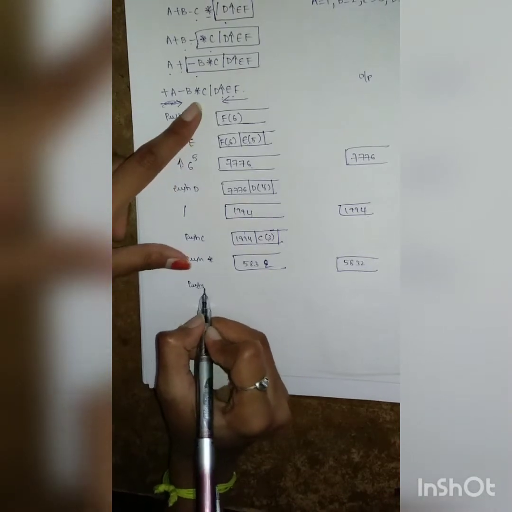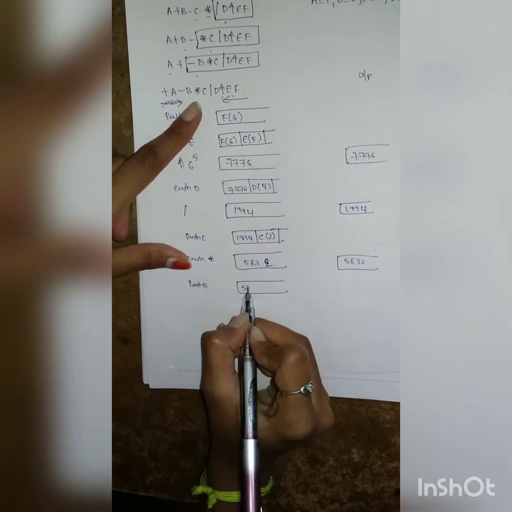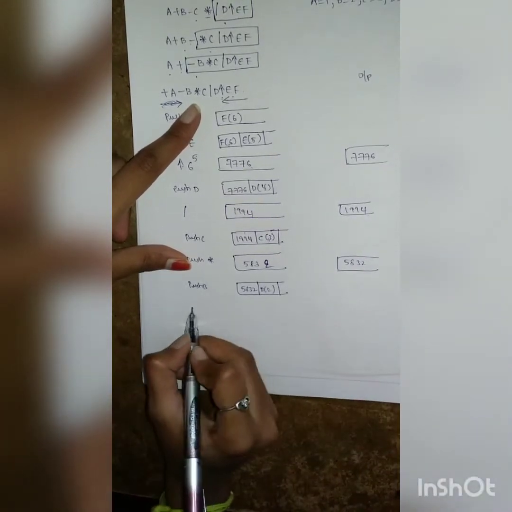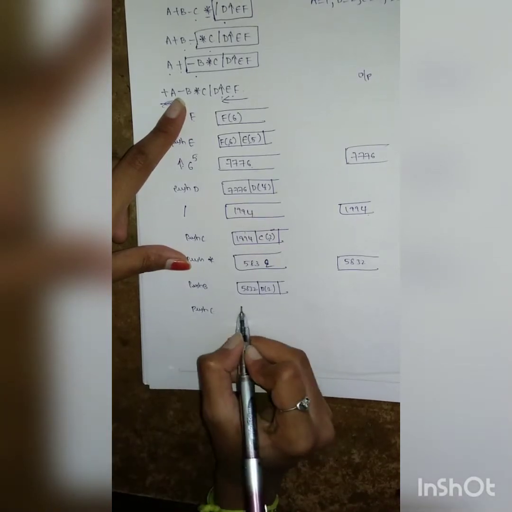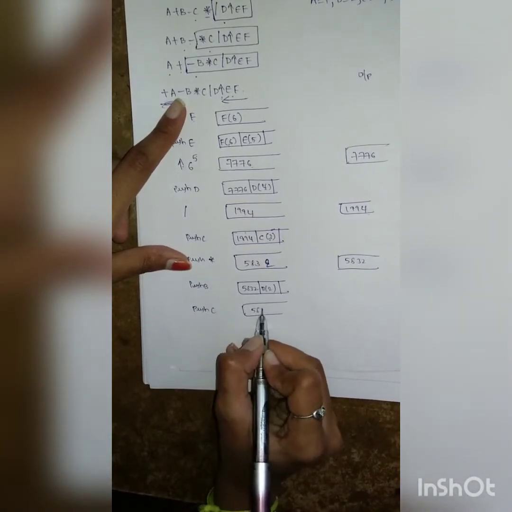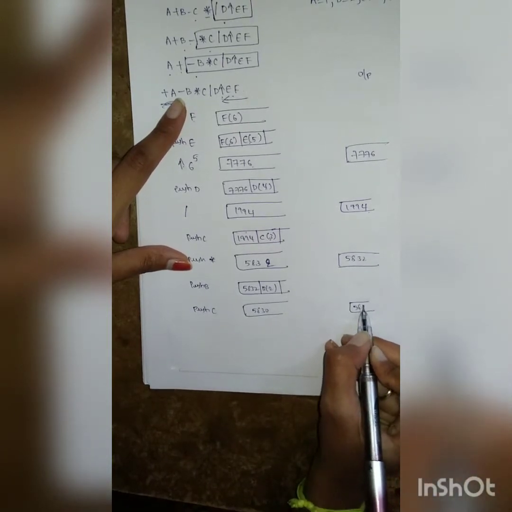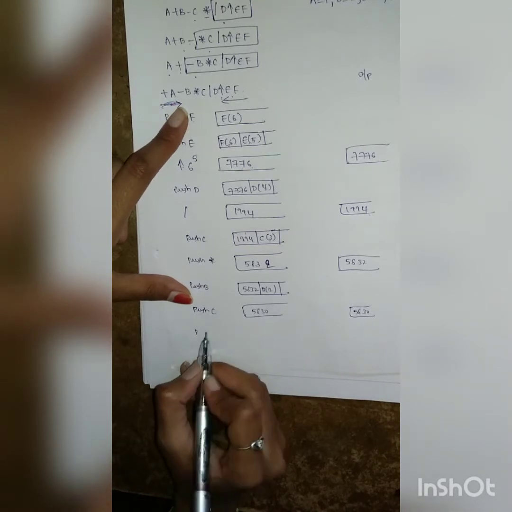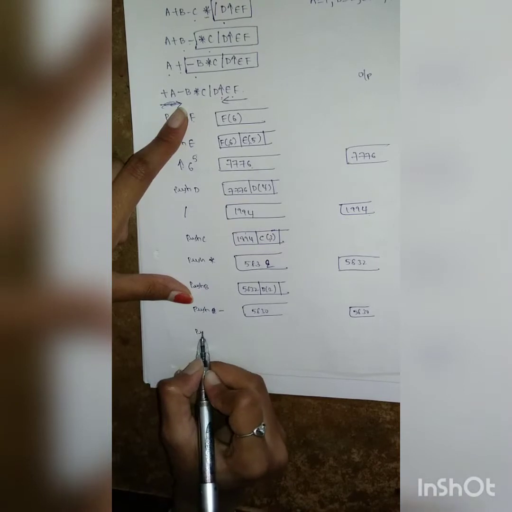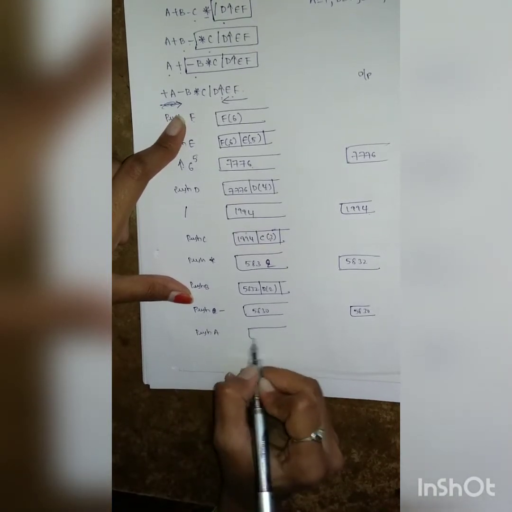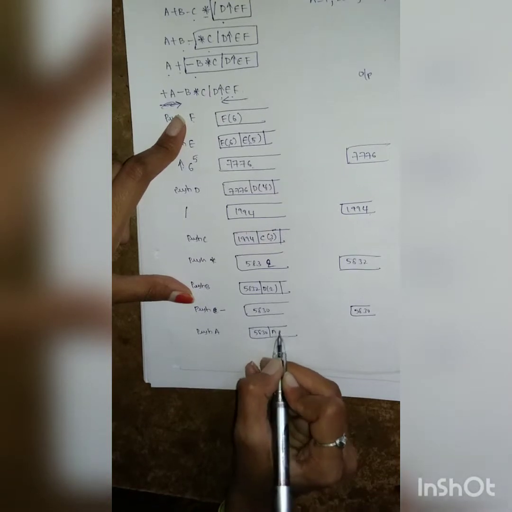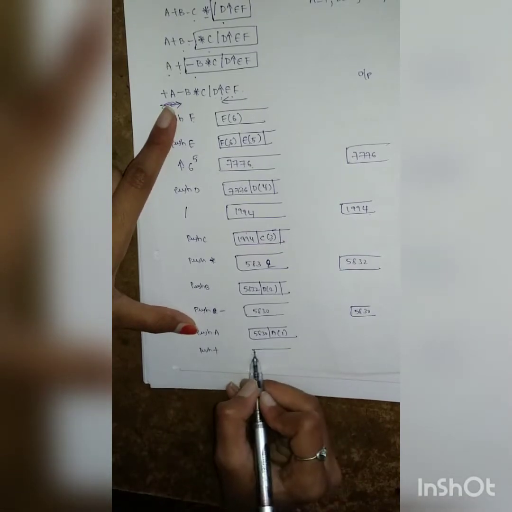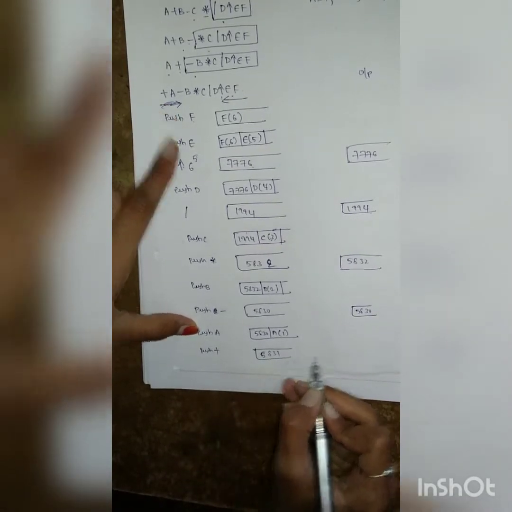Now push P. 5832 and B of 2. And next push minus. 5832 minus 2 is 5830. And now push A. 5830 A of 1. Now push plus, that is 5831. Output is